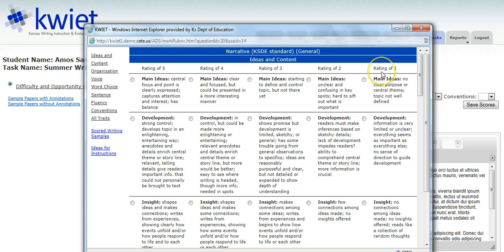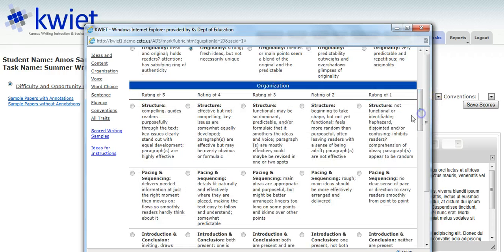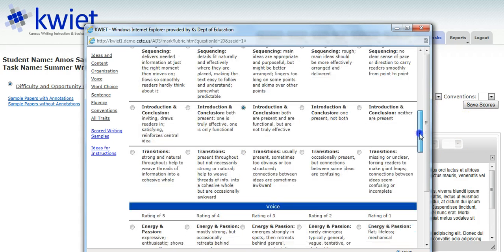So literally, I can read this student's essay by toggling back and forth between these screens, and I can mark the sets of descriptors that best match that student's piece of writing. So again, in the area of ideas and content, I can go through and say whether I think the descriptors at a 5 level are the best fit, or maybe I think it's in fact the descriptors at the 4 level. So I would continue this very same process, scoring for all 6 of the traits on this particular student